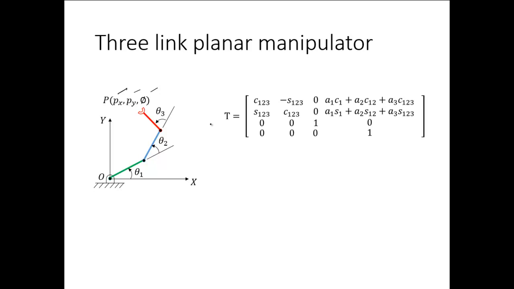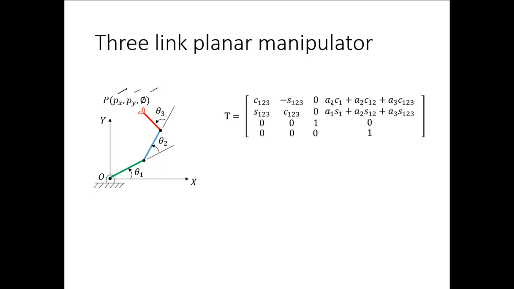So this is the typical transformation matrix for the 3-link planar manipulator. You would notice some additional terms like a3 cos(theta 1 plus theta 2 plus theta 3), and similarly here. In case of the DH frames being attached to the origin of the link, we may not get these additional quantities, but this homogeneous transformation matrix is devised out of the convention where you attach the frame to the end of the link, or weld the frame to the end of the link. So in that case we would have these additional things. Both approaches can be used for the kinematic analysis.